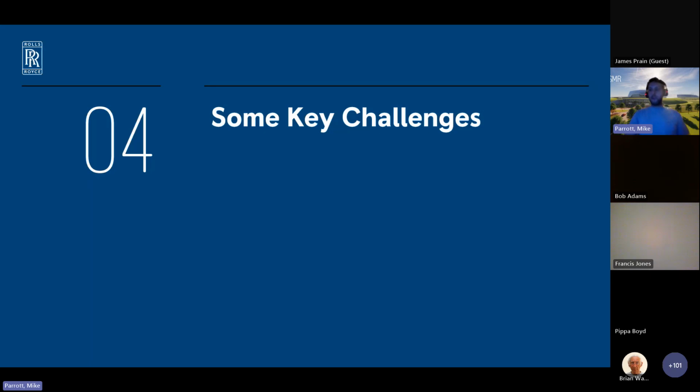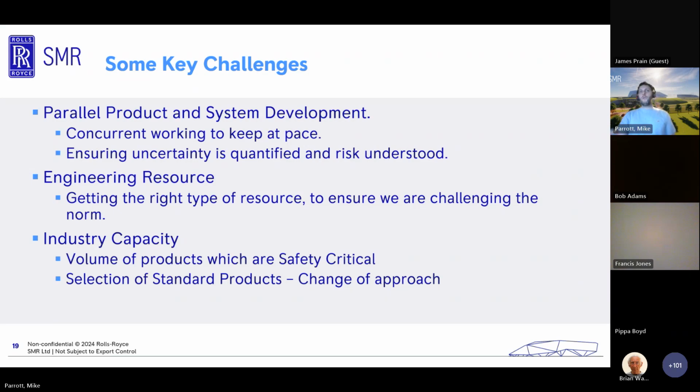So what have been some of the key challenges that we've faced, still facing, and things like that? So we are doing parallel production, product design, and system development. So we're working alongside the system design teams. So we've got concurrent working to keep us at pace, but that's actually helped in understanding what our product ranges are, what do we need, when do we need them, and then it also allows us to understand risks and uncertainties within the design and the development, and have a real-time